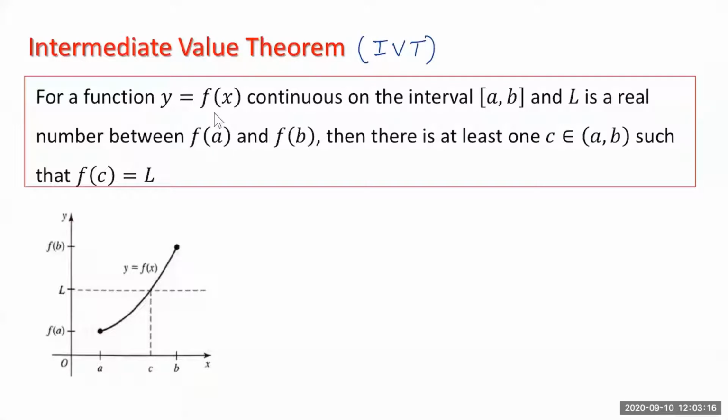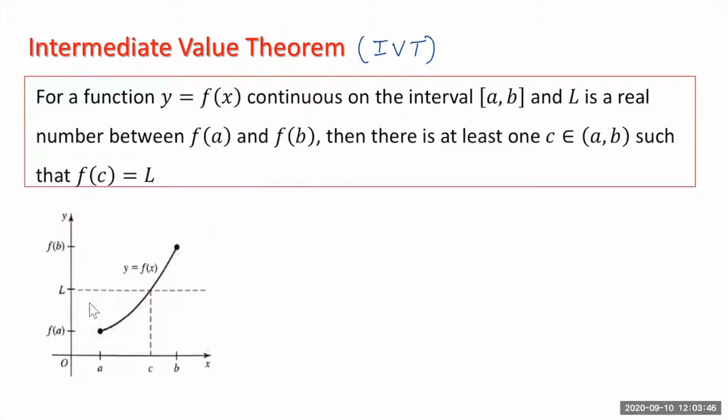For a function y equal to f of x, like the one shown here, which is continuous on the interval from a through b. In this interval from a through b, the function is continuous, meaning there is no hole, no break, or no corner. Or in other words, for every point in the interval, the value of the limit is equal to the value of the function. Now, if L is a real number between f of a and f of b,